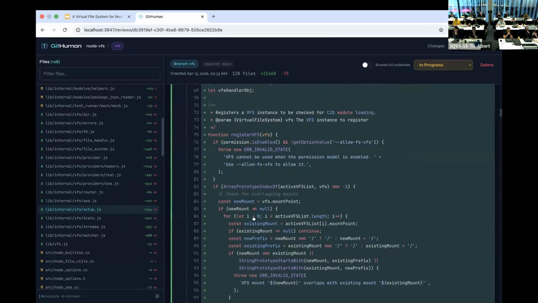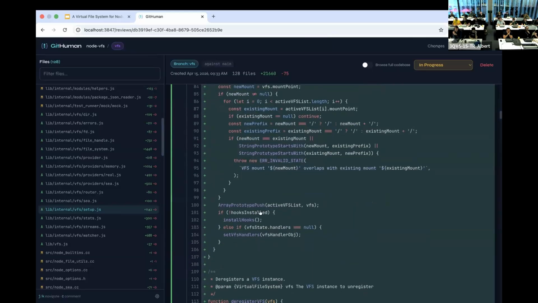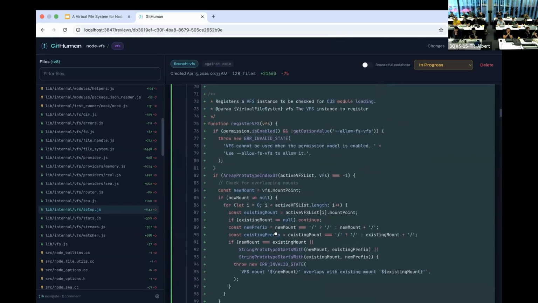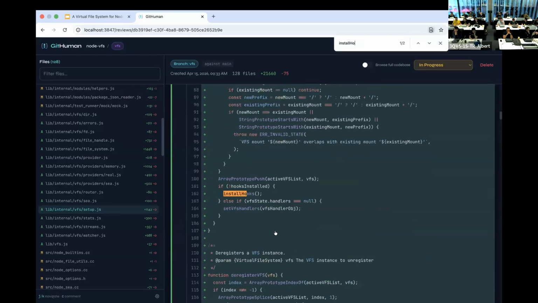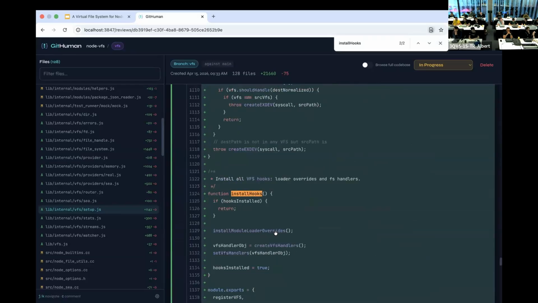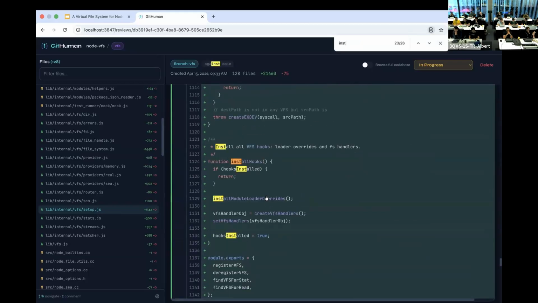It takes the VFS instance and sets it up for everything. Note that it has a check on the permission model, essentially. And then it does 2 things. If it's not installed, it installs all the hooks, and then it sets the VFS at the end. And the hooks are here. It's typically this install module loader overrides. You see the name is a little bit